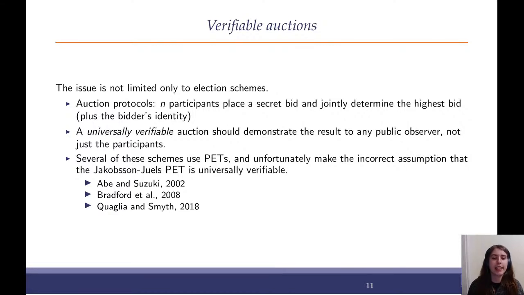Especially interesting is this work by Collier and Smith, which is really interesting. They talk about converting e-voting protocols into auction ones using Helios, a venerable voting system, as their case study. However, they did not notice this important subtlety and seem to have fallen victim to the same trap.